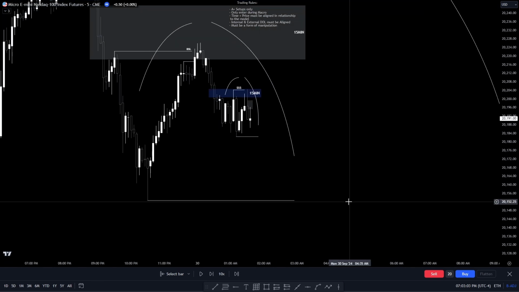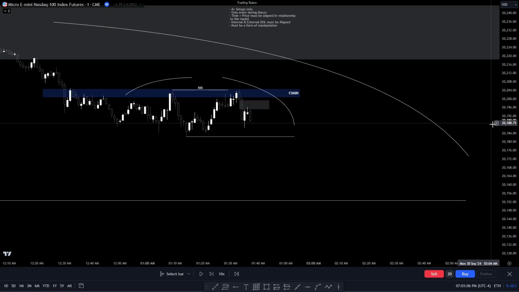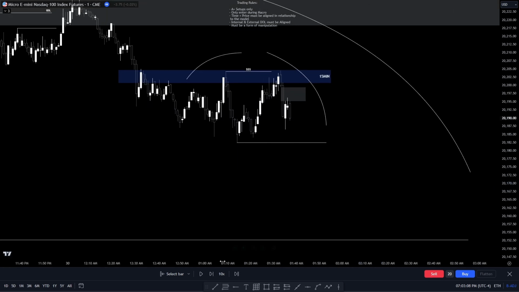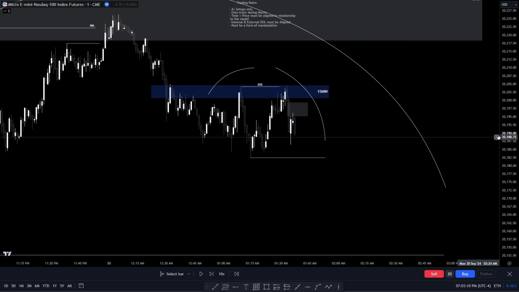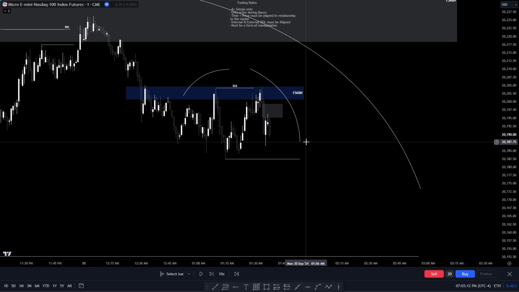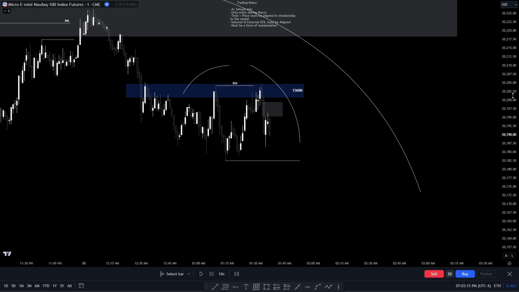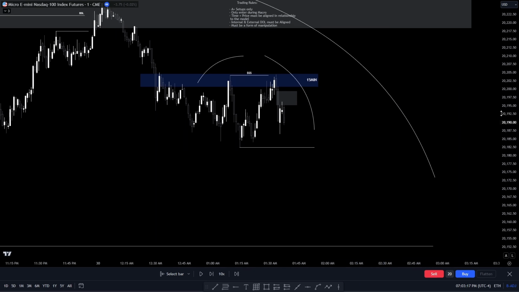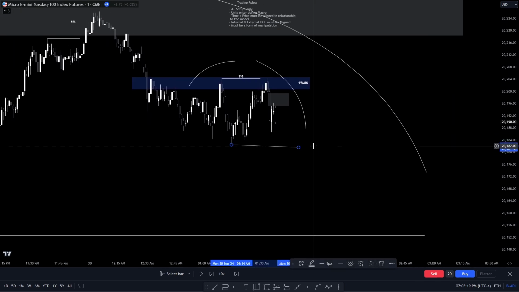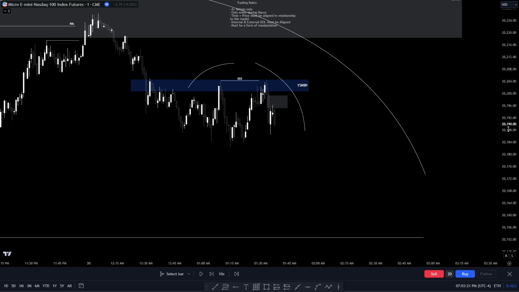And because of that, I was so confident in this trade. Everything that I needed to happen had happened. Manipulation, buy side swept in an area where we expect to reject, right? External model aligned with our internal model, okay? So everything that needed to happen had happened, all right? So